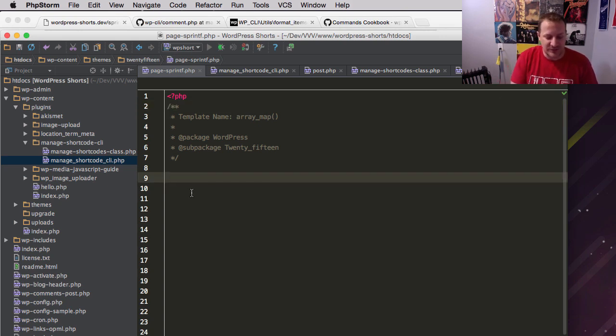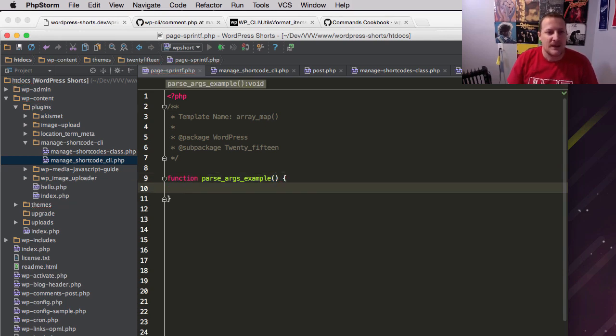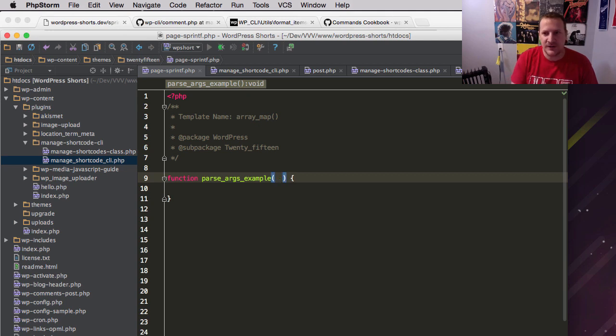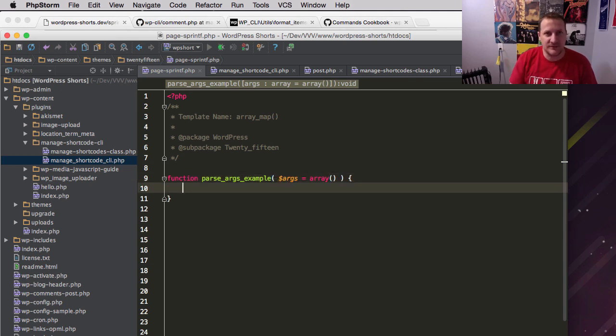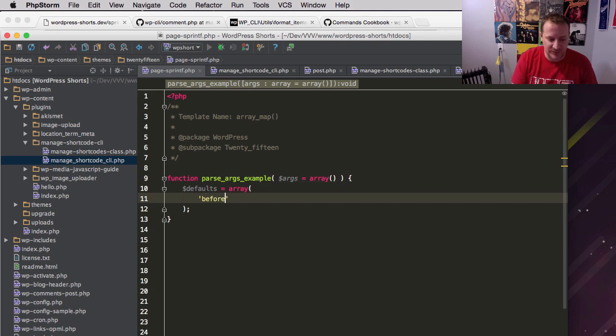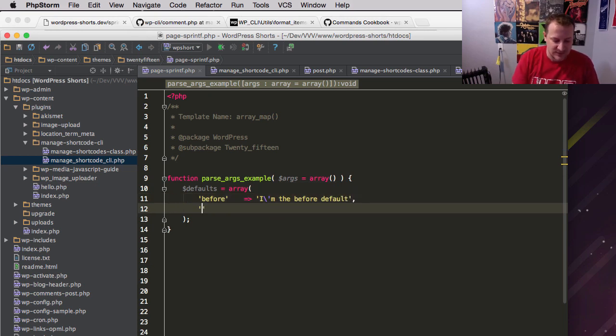So the first thing I'm going to do is create a simple function. And this is going to take an array as an argument. So I'm just going to say args equals an empty array. It's kind of like setting a default value. And then inside I'm going to set some defaults. So it's an array of defaults, and I'm going to say before equals default, after